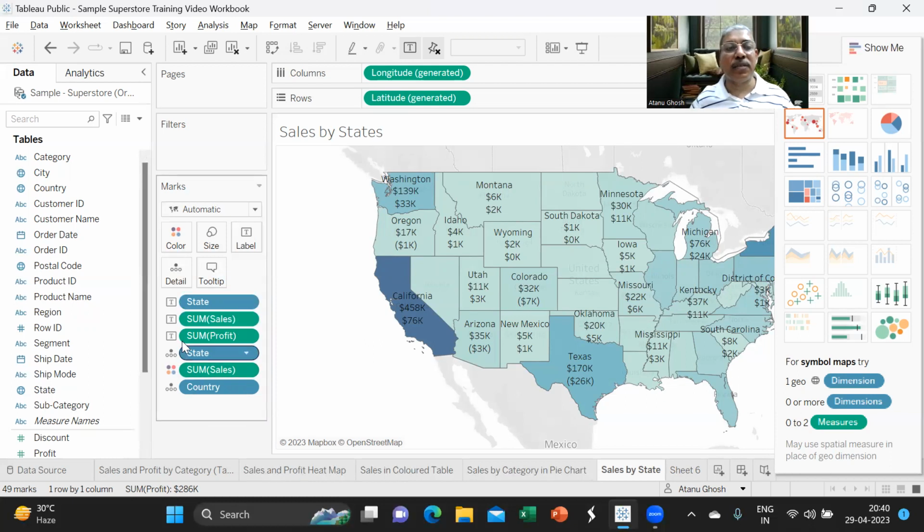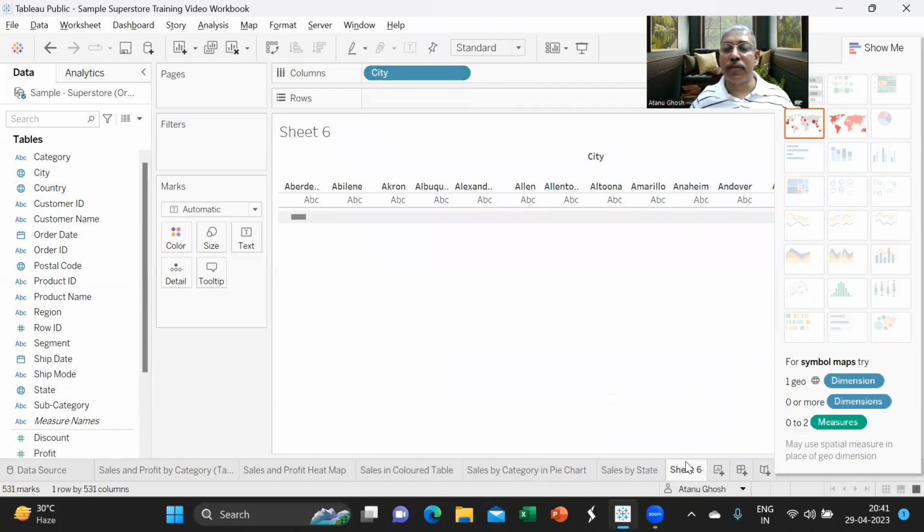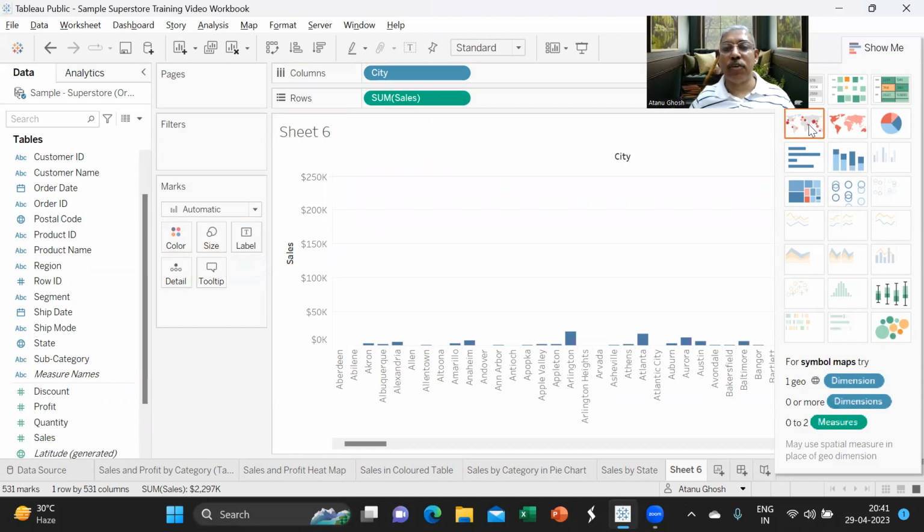So all of these things, except the text ones, which we manually did, the color and the size, the details, Tableau has automatically done. We just had to put the columns and the rows. Similarly, here also we'll put it in the columns and rows and let Tableau automatically adjust. So sales over here, and we'll take this chart.